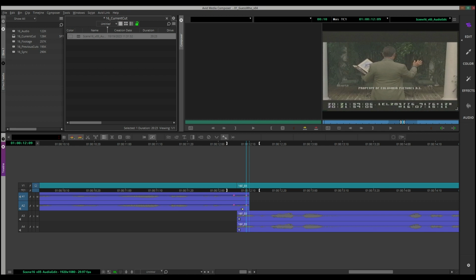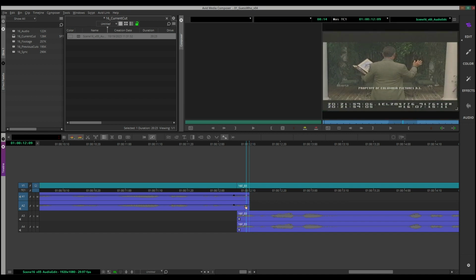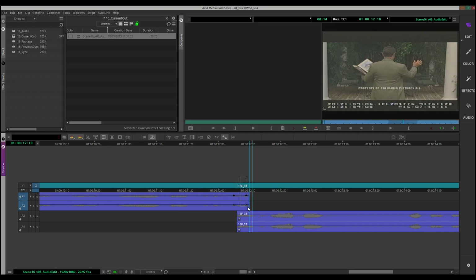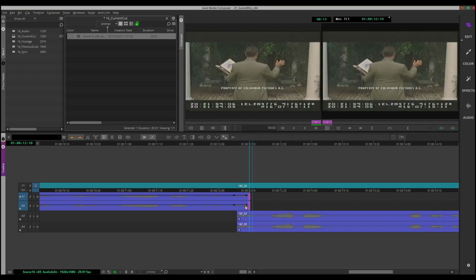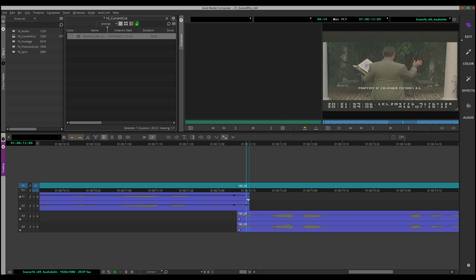What keyboard shortcut did we use a little bit ago to clear our in and out points? G, perfect. So I'm going to hit G, then click off of it, and click on this one. There, and then hold down Shift, and I can click on the other one. You also have the ability to... too close to an edit. So you can highlight both of them just by holding Shift, and then I'm just going to drag them down. Okay. So if I solo this track here by hitting S and then play it,